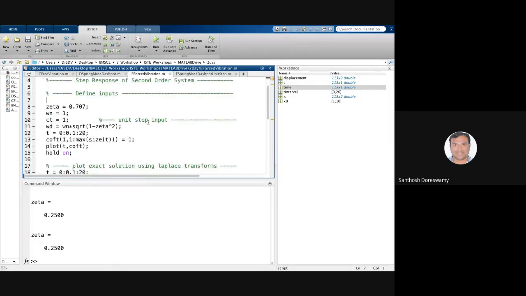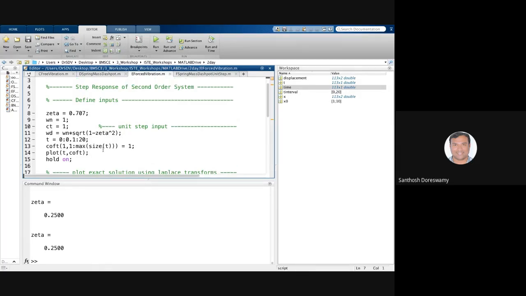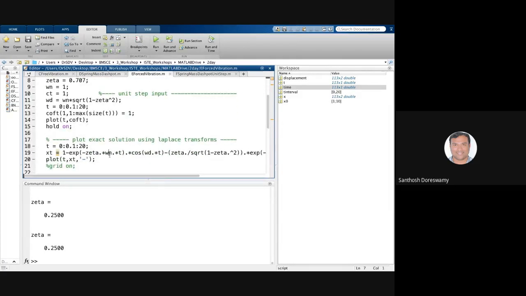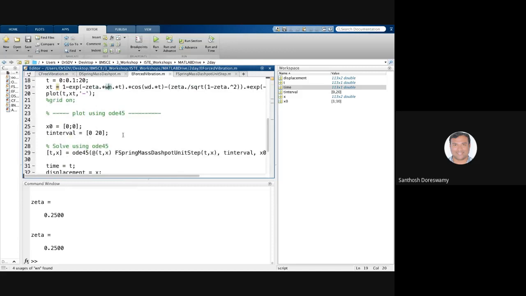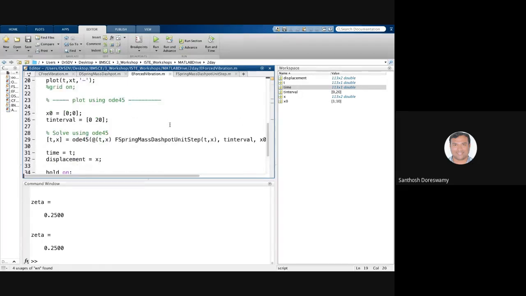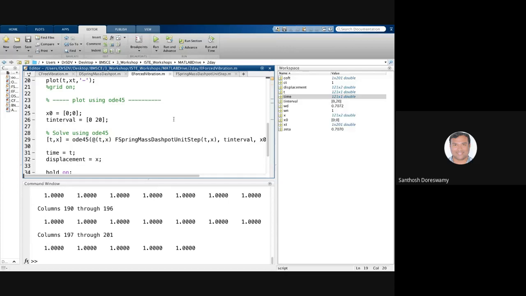Then define what is omega d, plot the exact solution here, and then use ODE 45. We have just done the same thing, but only to include the term force here. That's all, nothing else. So if I run this program,